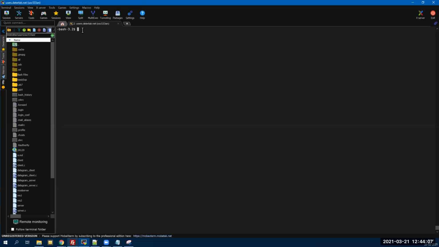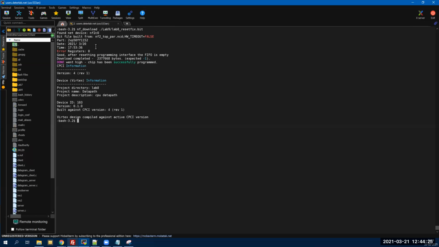After generating the bit file for that assembly code and our pipeline design, we load the bit file to the NetFPGA. We then use our Perl script to set up the memories.